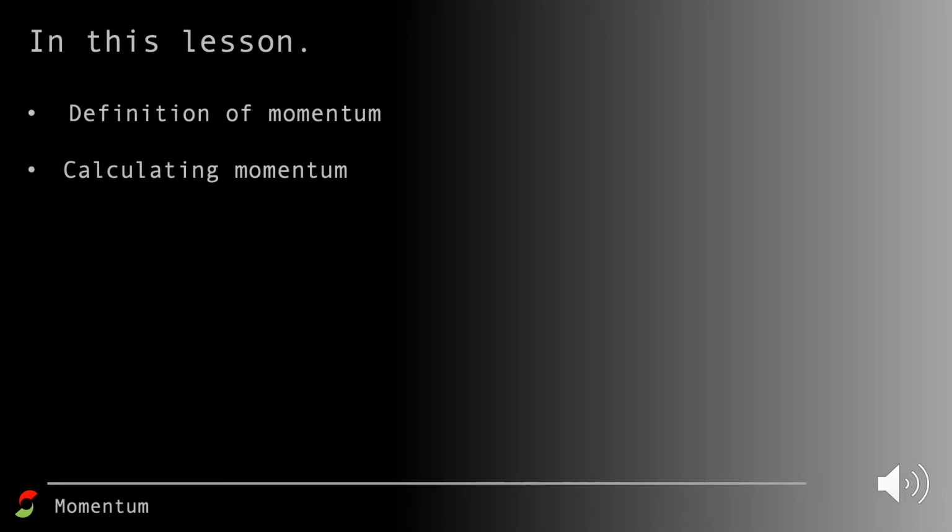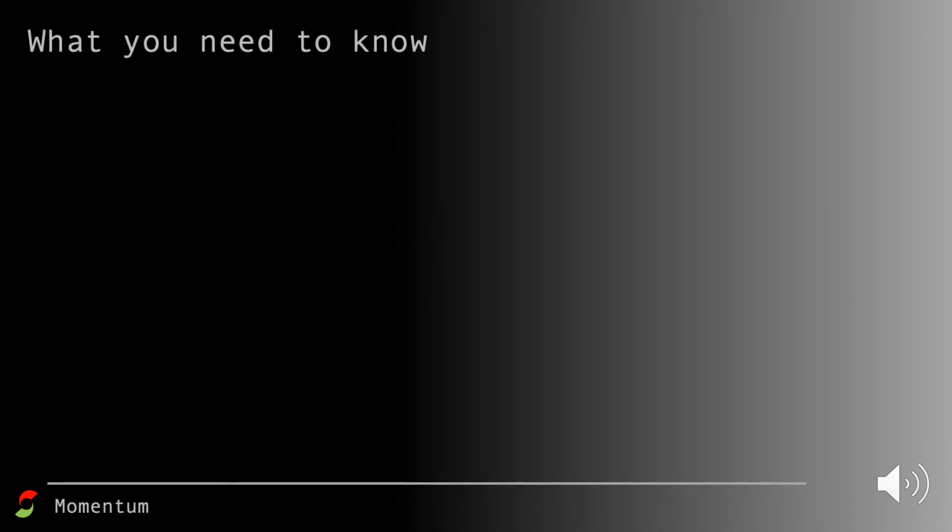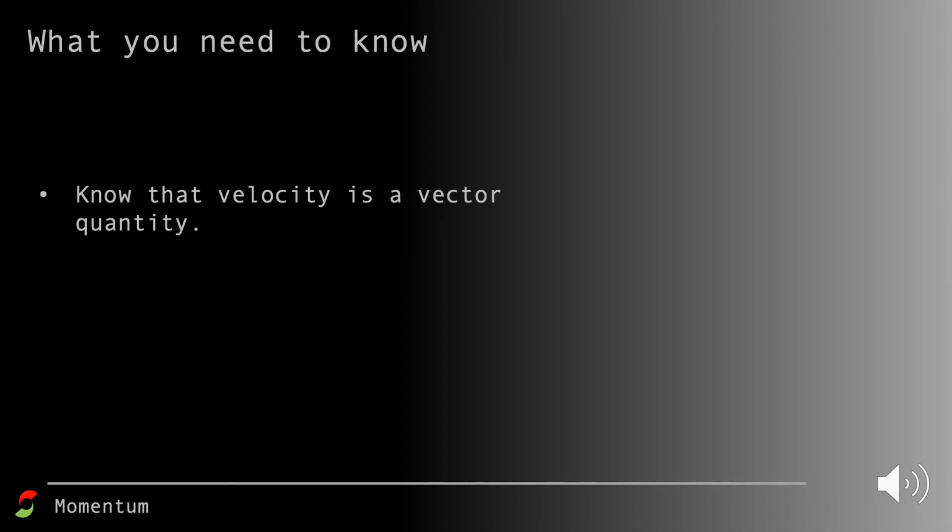We're going to be calculating momentum. We're also going to be looking at the law of conservation of momentum, and looking at a collision example and a recoil example using the law of conservation of momentum. There's not much that you need to know prior to this, but it's helpful to know about vectors and know that velocity is a vector quantity and that direction is really important when it comes down to momentum and